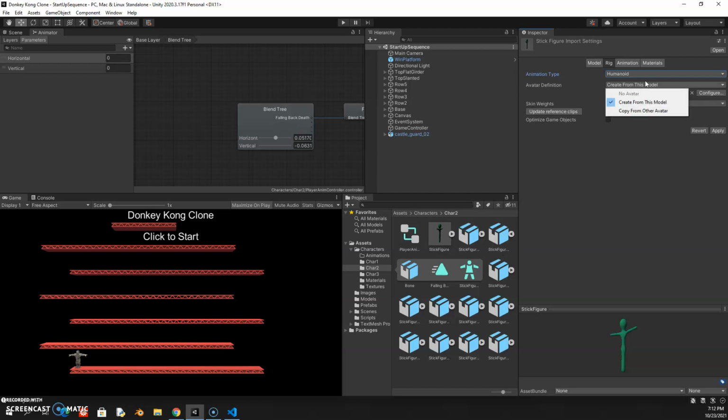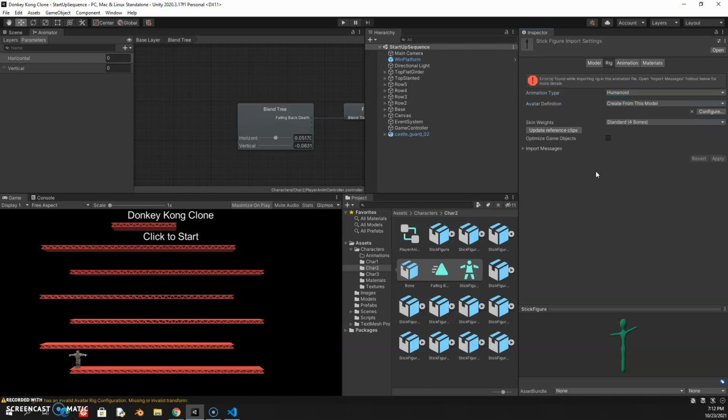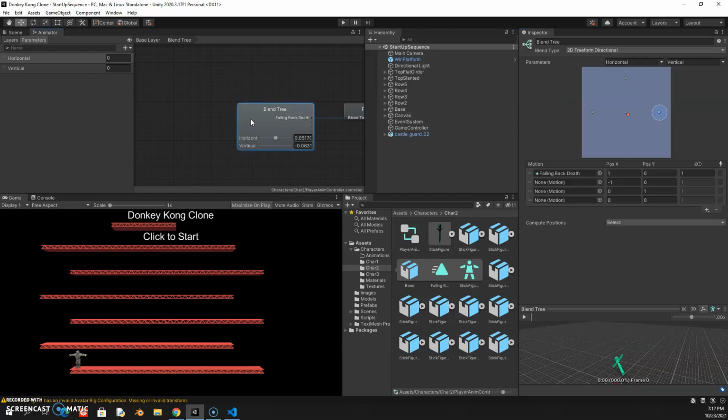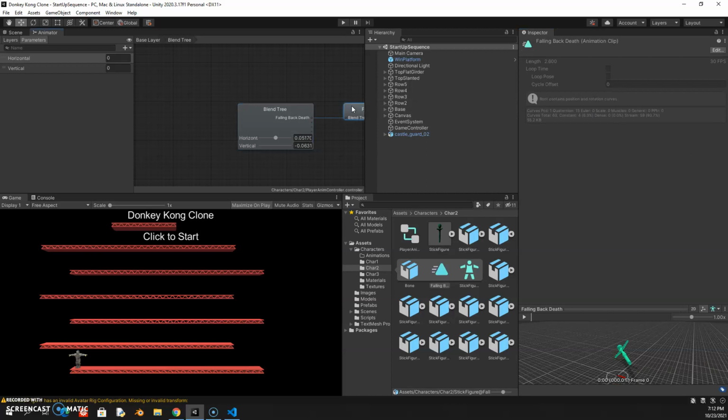based off of the model that you're working with, such as this character, or from other ones, such as either Unity characters. Neither of these options work. Just showing this off, we get an error here, and the same thing happens for a copy from another avatar. It takes a bit of folder manipulation, so I can do that one just for the sake of brevity here. But basically what happens is, for all the imported animations,